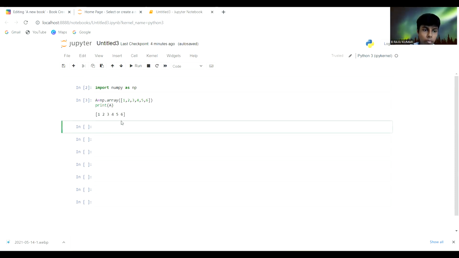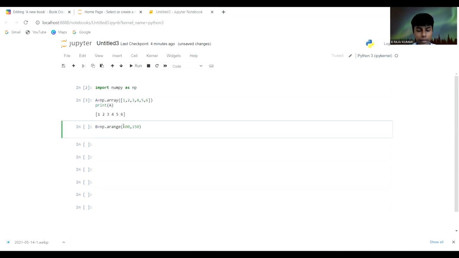And now we're gonna use the arange function so that we will get certain values in the interval we have given. So to do that, we will again assign some value, for example b, and now we're gonna use the arange function, and here the spelling of arange differs and it has only one r. So we need to give an interval, for example, 100 to 150, and this function will print the values between these values, and here we will put